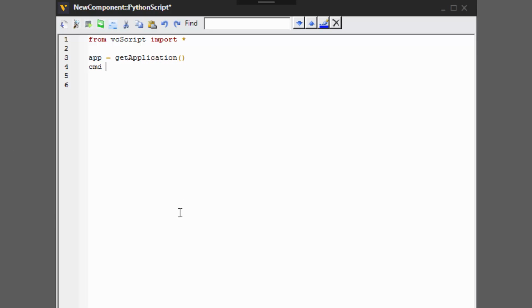And then we want to find that command that's used for calling our .NET commands, so app.find command. And the name of that command is net command, so lowercase n, capital C. And then when that command is executed, it can call our net command by its ID, which in this case is print current context. And now we can give it an argument. So what message do we want to print? Let's say it is going good.